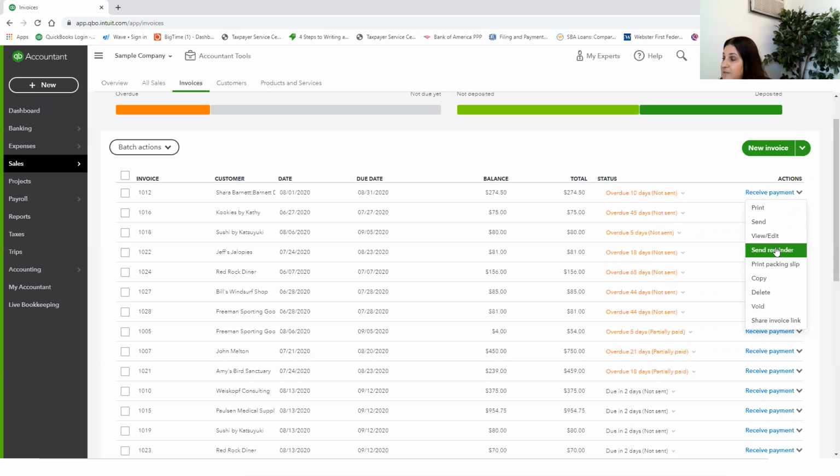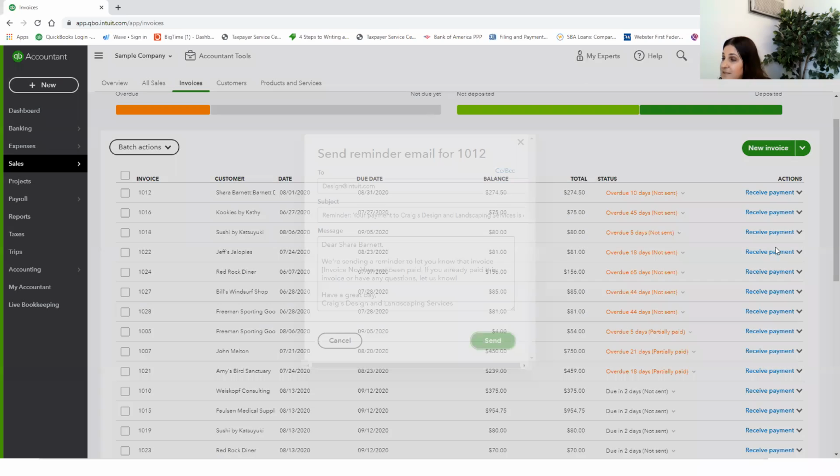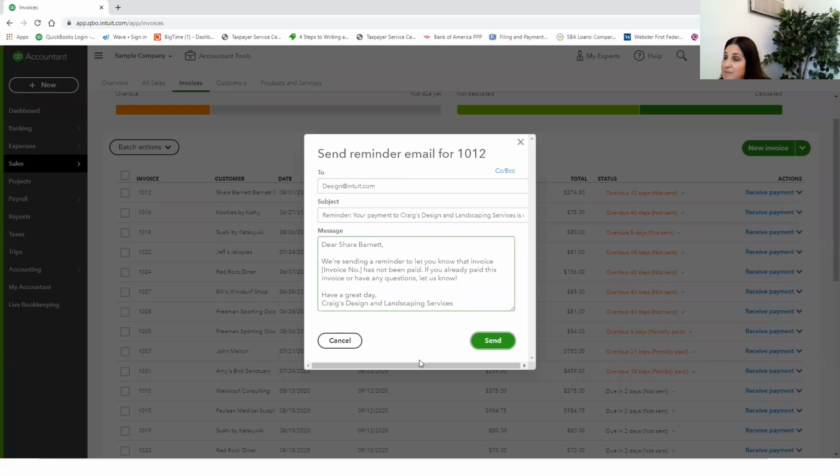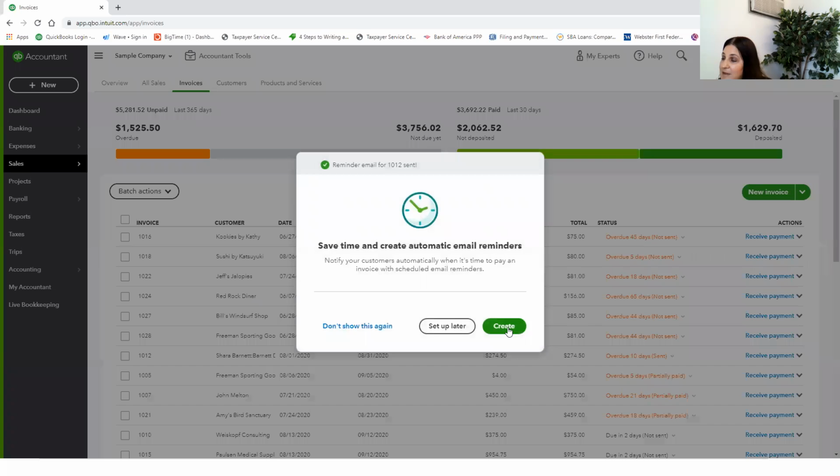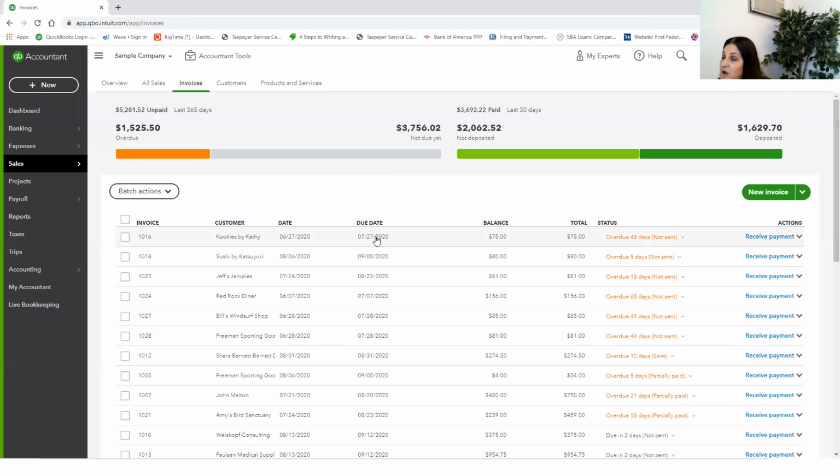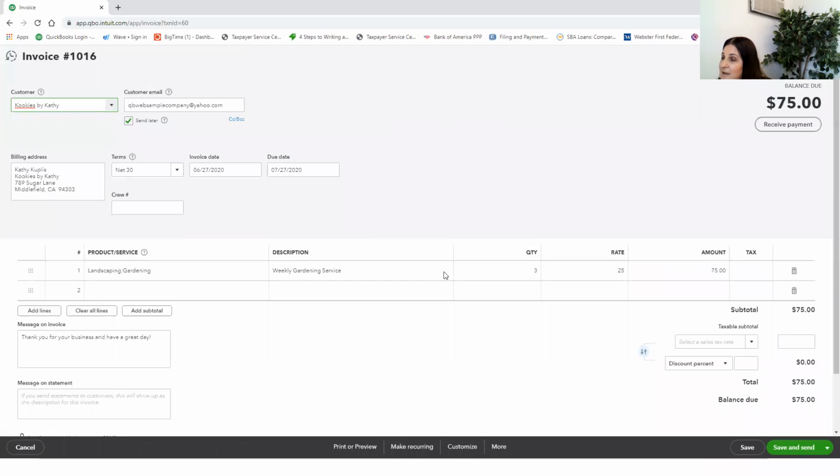If I decide I want to send this person a reminder, same thing happens that happened when I sent them the invoice. I get this screen here and I get this canned email, and I can edit this to say whatever I want it to say and personalize it for my clients, and I can send them a reminder that they need to pay. Another kind of cool feature is if you go here to this invoice, Cookies by Kathy,